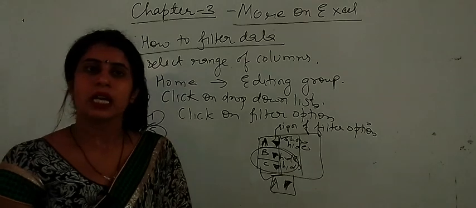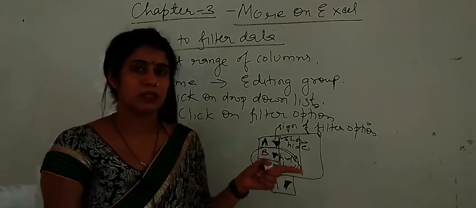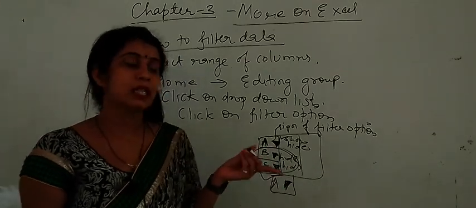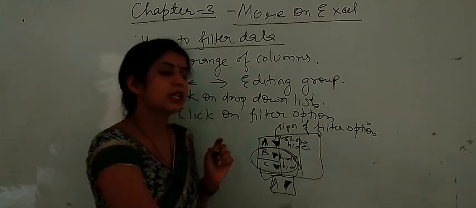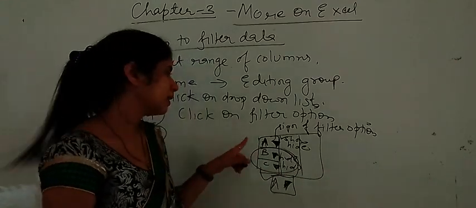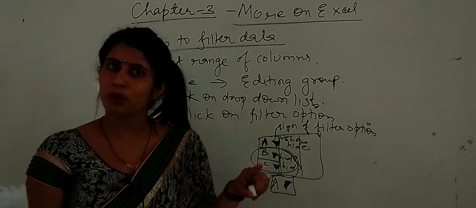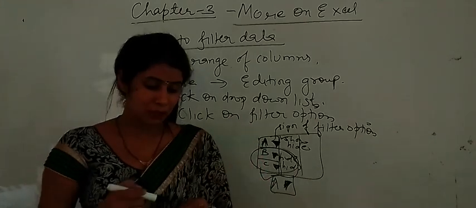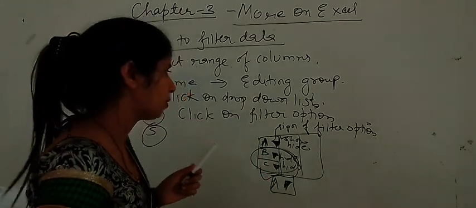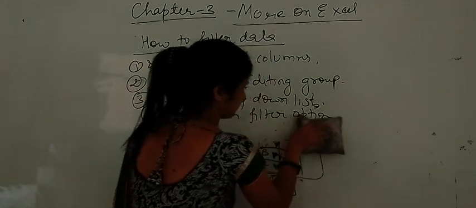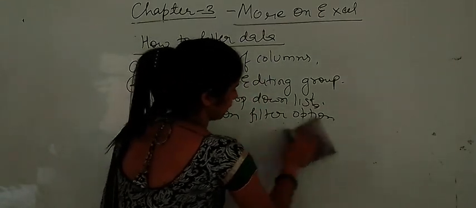Means what you have done here, you have filtered these unwanted data from here, and this is the data that you want to show only. So you are able to show these data with the help of this filter option. Okay, suppose you